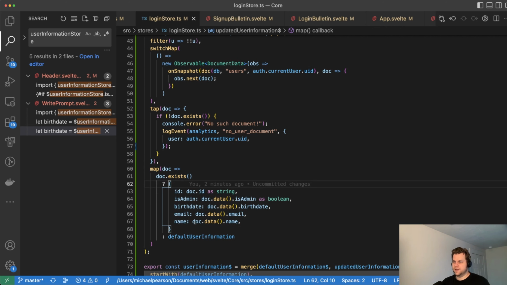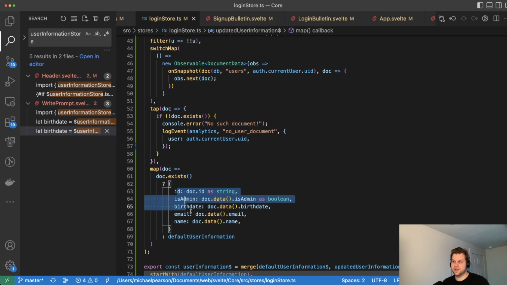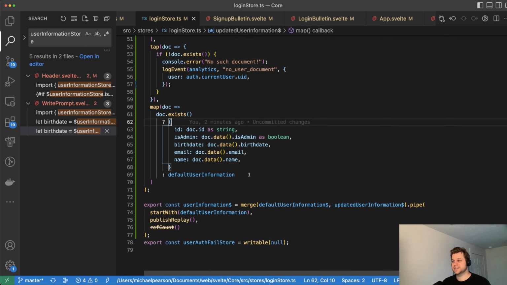I don't think you had this here. I think you're just checking if it existed and setting that, but this will end up being what it is anyway. So this actually might be even a slightly better implementation. Like this might fix a bug there because you have to return something. So anyway, things in general are a little simpler with declarative code. When the store was initially created, it was created with the default user information. So if there's no user logged in, then it always defaults to the default stuff. But using the Svelte store, but